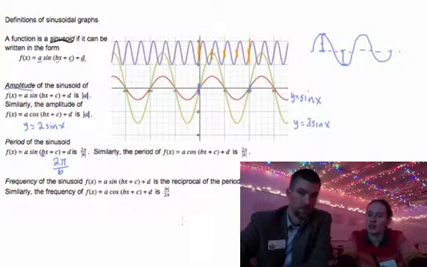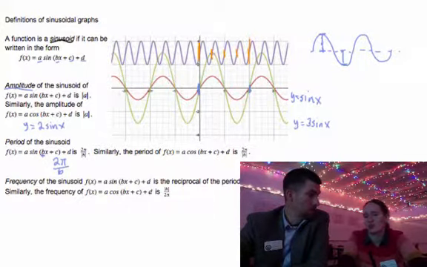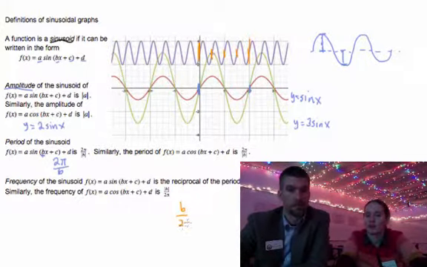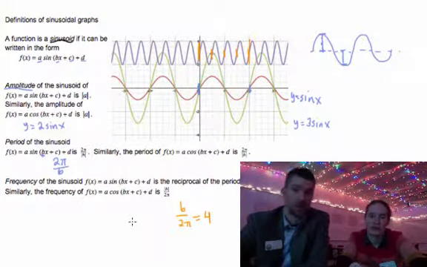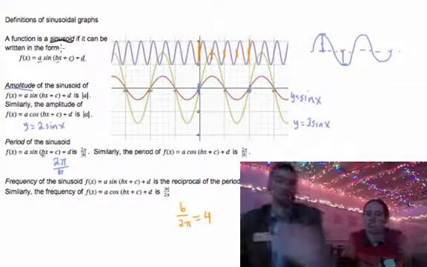No, that's not it, because we don't have b. We don't have the function. Oh, b over 2 pi equals 4. Yeah, b over 2 pi equals 4, then we could find b if we wanted to. Right, if we wanted to. Okay. So there you go. Let's move on to something